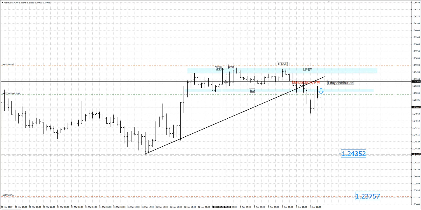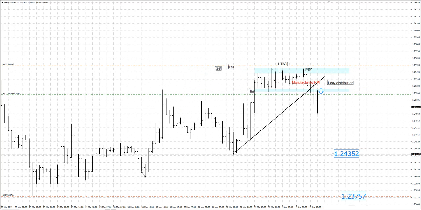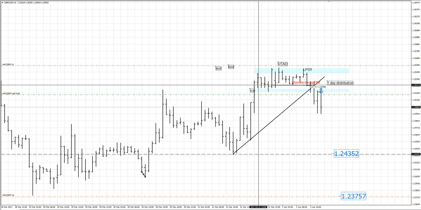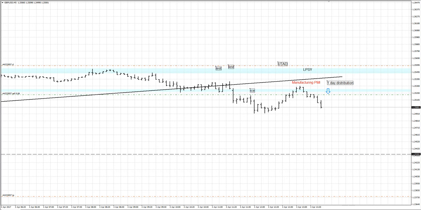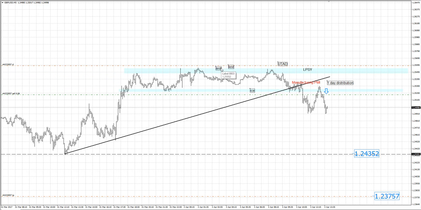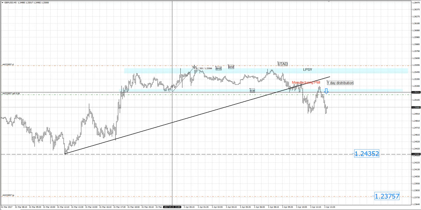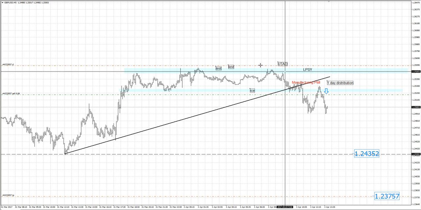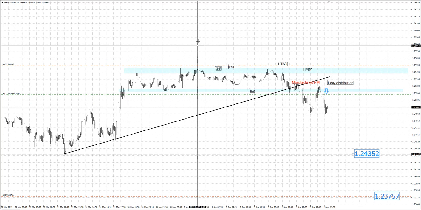Price was stuck in this trading range for about, let me check, let me go on the hourly time frame and see exactly how long. About 15 to 16 hours, right? If you go to the 5-minute chart, you can see even more clearly that price was stuck for about 15 hours in the trading range. About 35 pips was the trading range from low to high. So the duration of this